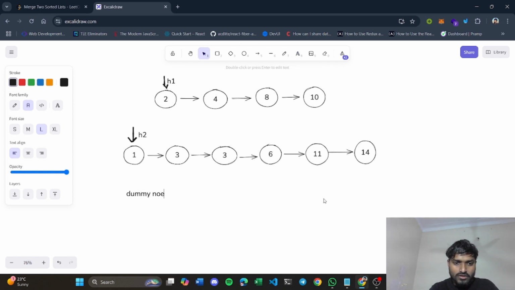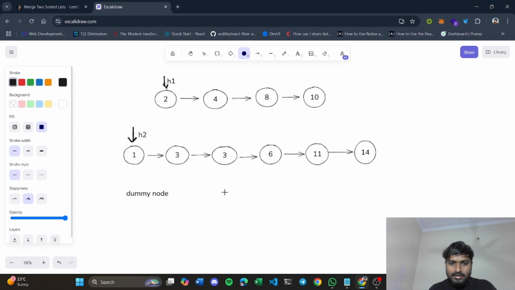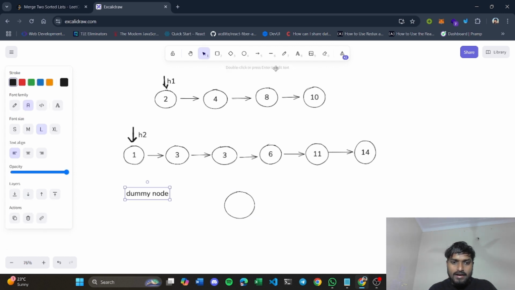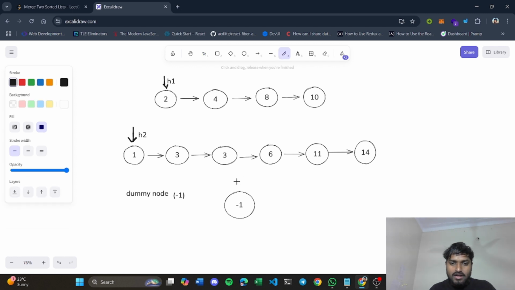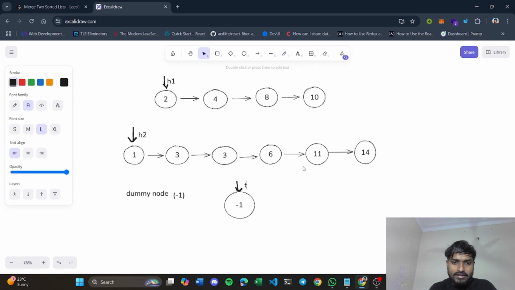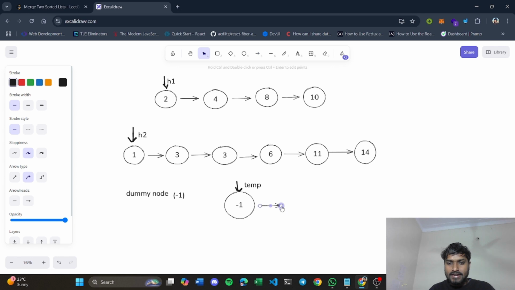Let's create this dummy node with the initial value as -1, right? Also you will give a pointer here. Let's call it the temporary pointer, temp, right? And this should basically point to null here, right?